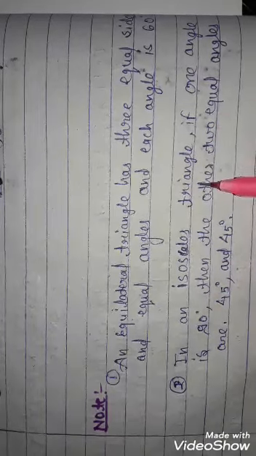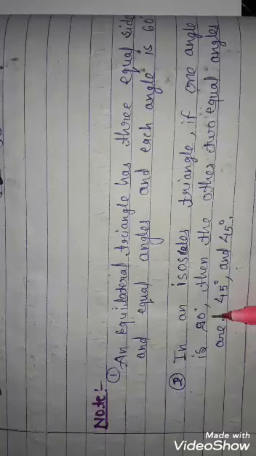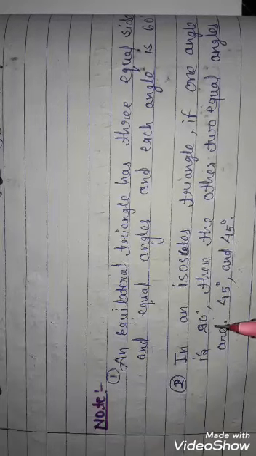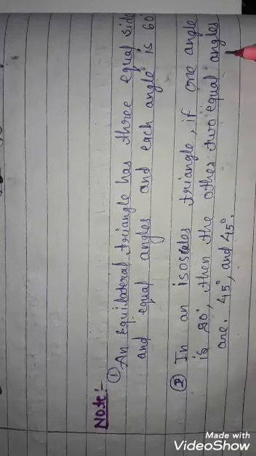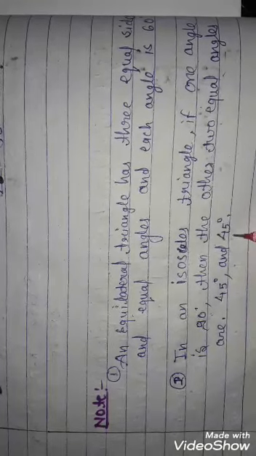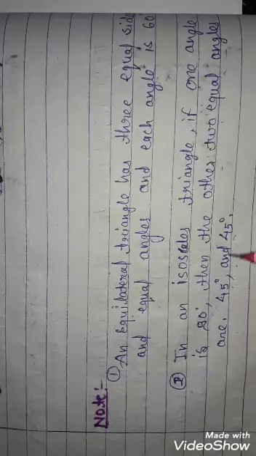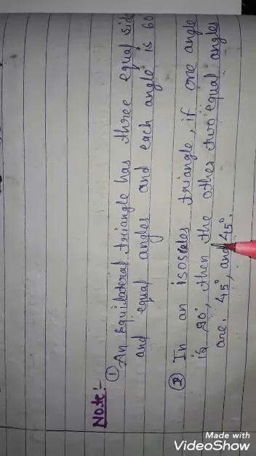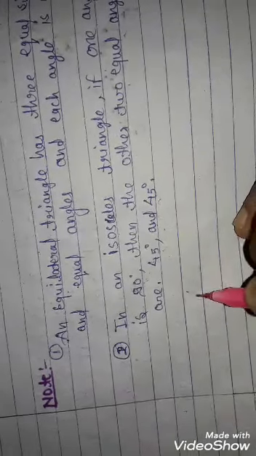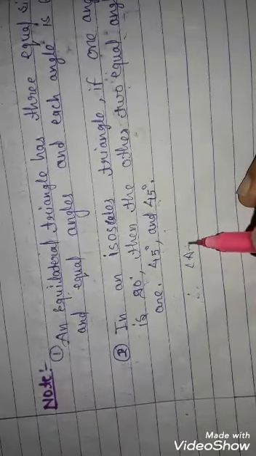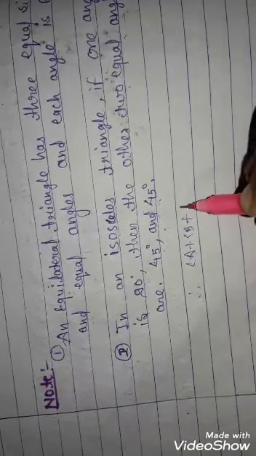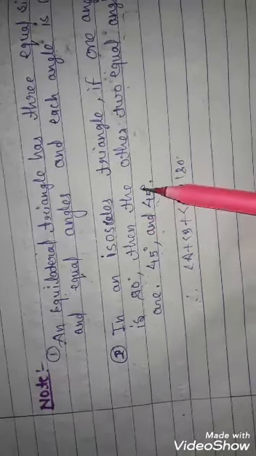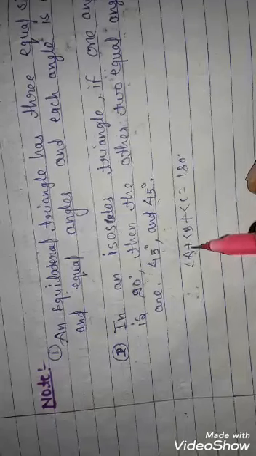In an isosceles triangle, if one of the angles is 90 degrees, two sides are equal, and the other two angles are 45 and 45 degrees. 45 plus 45 is 90, and 90 plus 90 is 180 degrees. To check this, angle A plus angle B plus angle C is equal to 180 degrees. In an isosceles triangle two sides are equal, so angle A and B